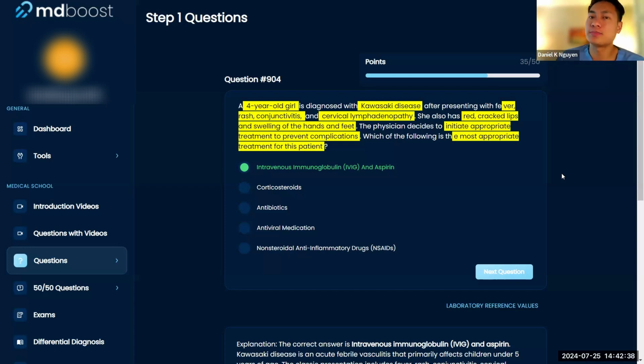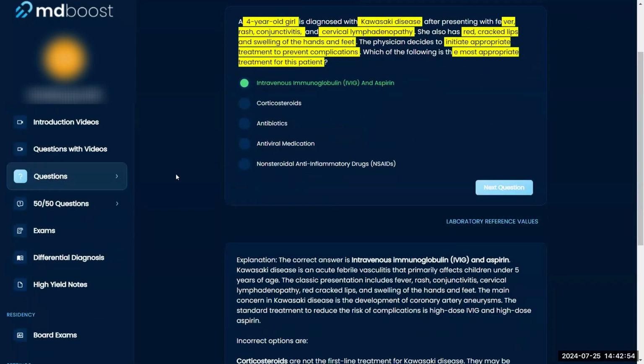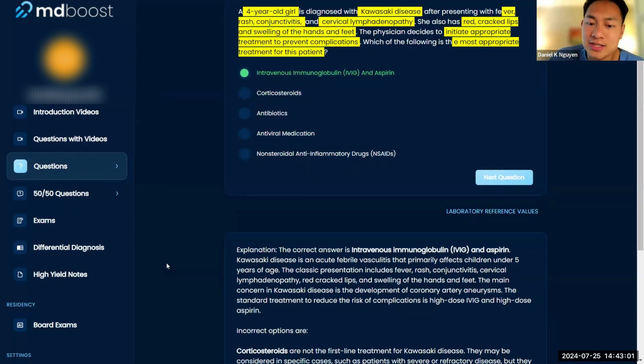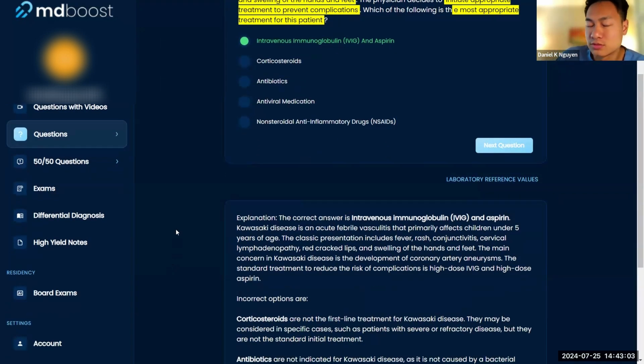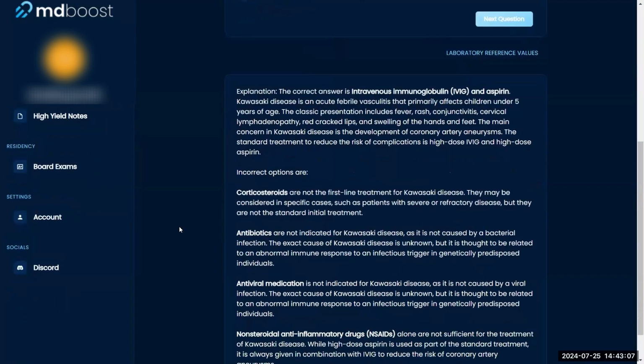They'll say, "How do you want to treat this?" And then there's going to be things like conservative management, which is for viral, and NSAIDs. And there's going to be an answer that says aspirin, and you're going to be like, "Oh, I'll never give aspirin to a kid with a viral infection." No, no, no, this is the exception. You want to give aspirin with IVIG. They love testing Kawasaki's because it looks like a virus, with quote unquote viral symptoms that you actually treat with aspirin, because normal pediatric viral infections you don't give aspirin.